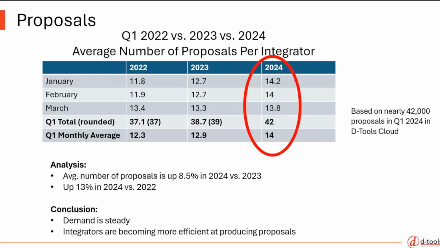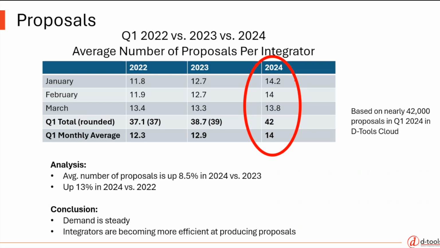So I rounded up to really show you that trend of what's happening from 2022, 2023, and 2024. It went from 37 to 39 to 42 proposals per integrator in Q1. So what does this all mean? That's actually an 8.5% increase in 2024 versus 2023 in terms of proposals that they generated, and up 13% from